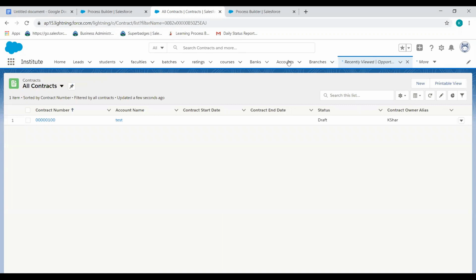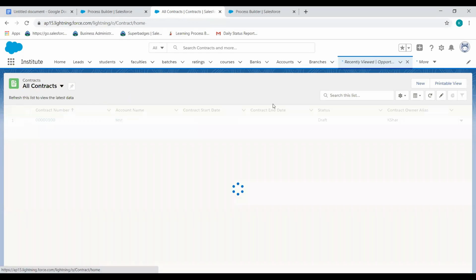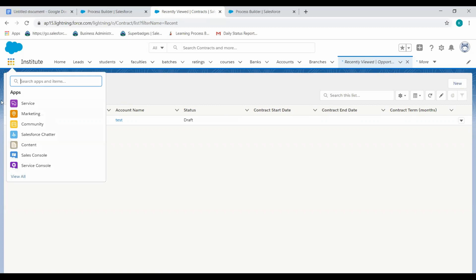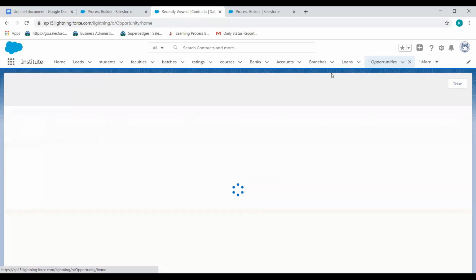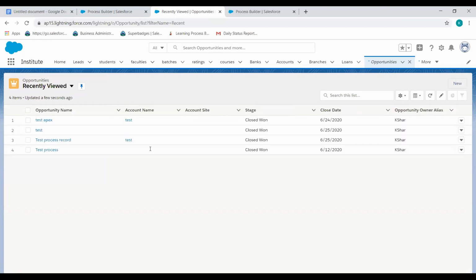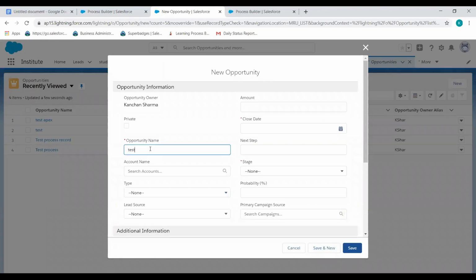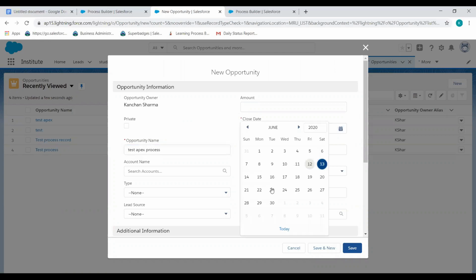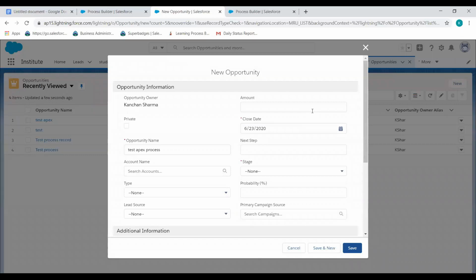Now go to opportunity. Now I met all the criteria and create a new account.